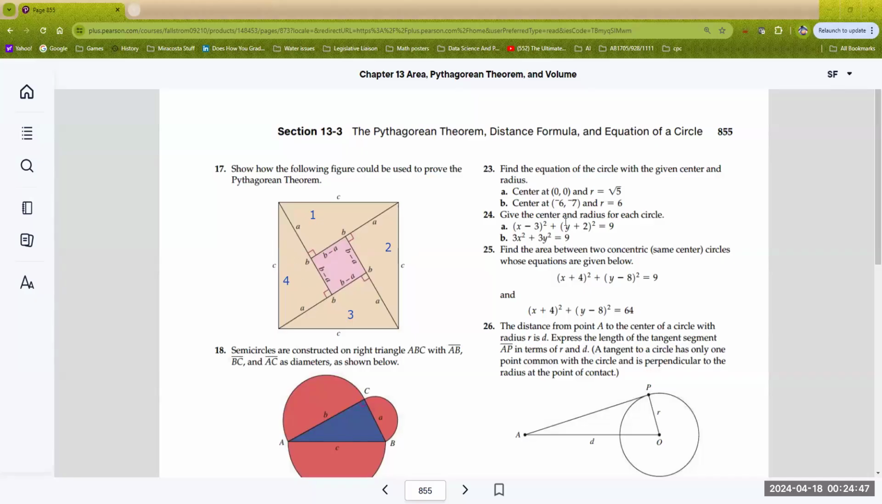Okay, so you have 1, 2, 3, and 4. Now, with 1, 2, 3, and 4, they're all the same. Notice they're sides of A and B with the third side of C. And so I would recommend if you want to prove that this is indeed